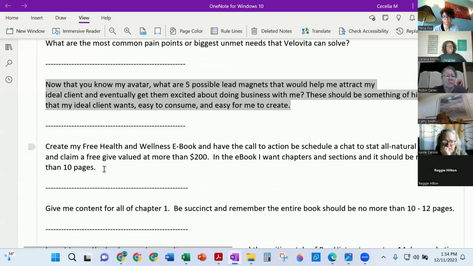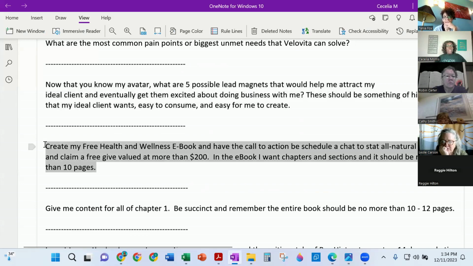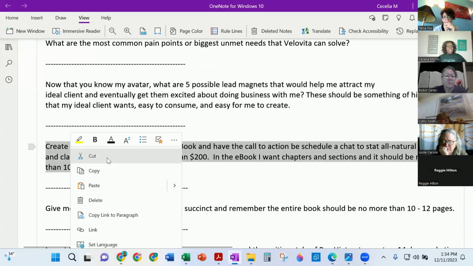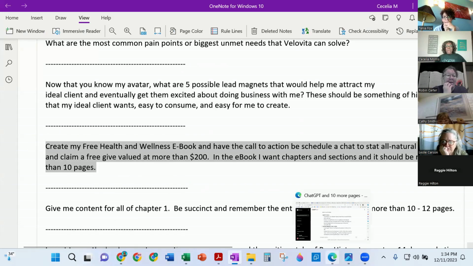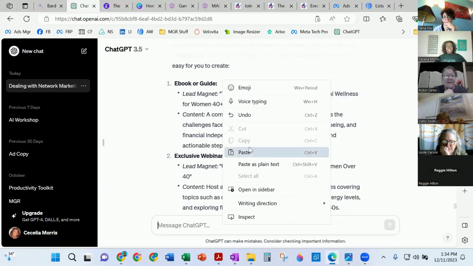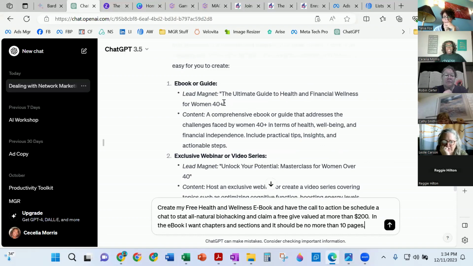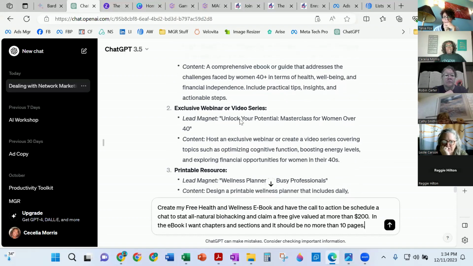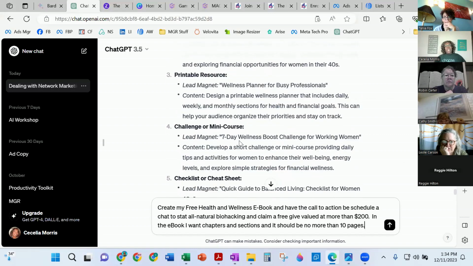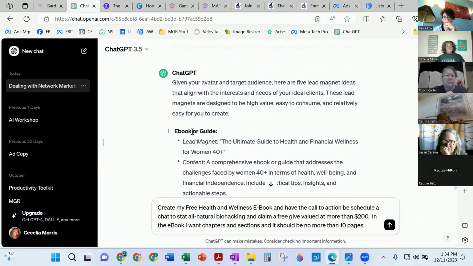And let's see. So this is where I tell it to pick one. I'm gonna copy this over, head back over here, and let's see which one I want to pick. All right, so I'm gonna pick number one. I was on the fence. I want to do number one or a challenge or mini course. Either one of those work. So I'm gonna say create